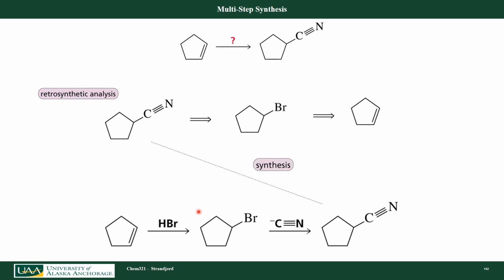The chemical reagents that I chose for that are simple HBr. I react that alkene in an addition reaction to add hydrogen to one of the carbons and bromine to the other. And then I react that with sodium cyanide to actually do an SN2 reaction. I get my product. Now these retrosynthesis or in these multi-step synthesis problems are complicated, and it takes a lot of thinking,